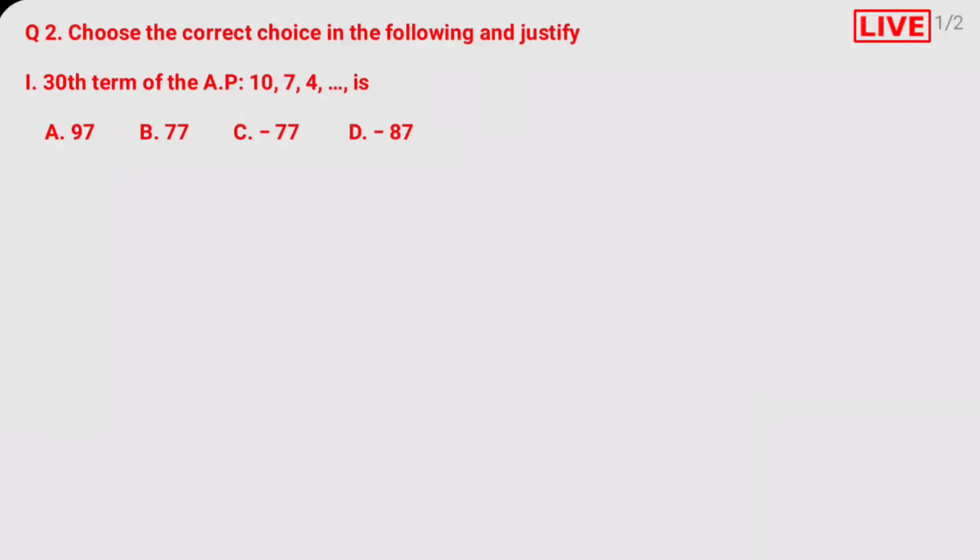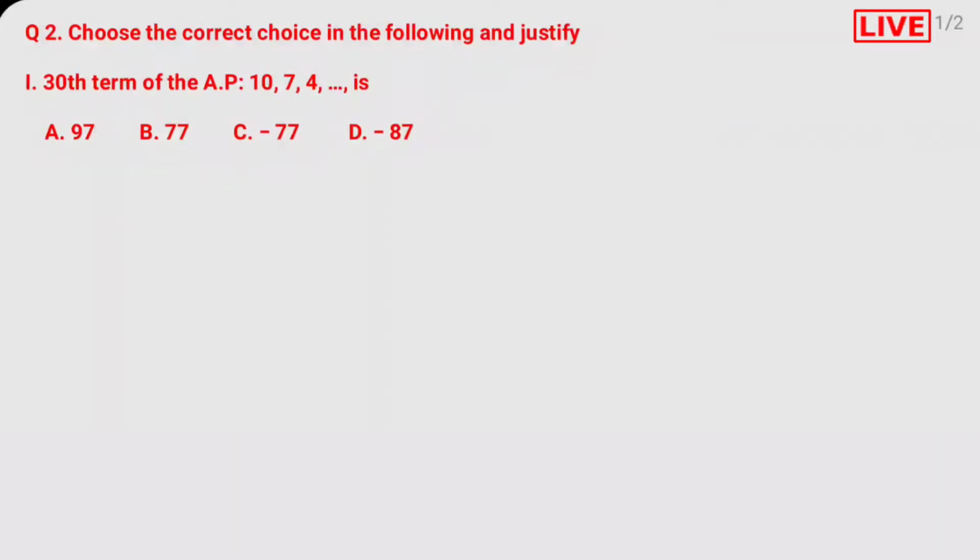Hello fellows, we are discussing arithmetic progression exercise 1.2. So today's section I am going to solve exercise 1.2, question 2. Choose the correct choice in the following and justify. First one, the 30th term of the AP 10, 7, 4 and so on is: